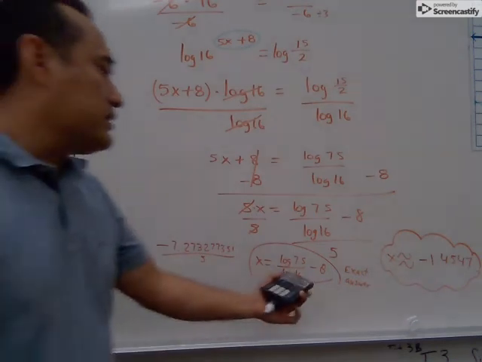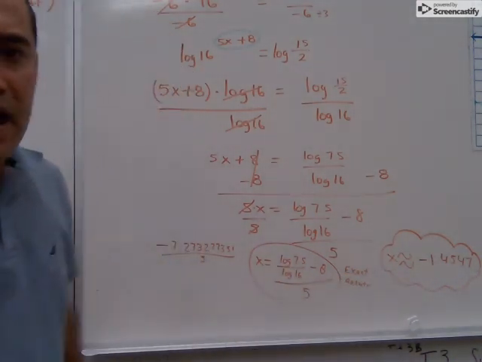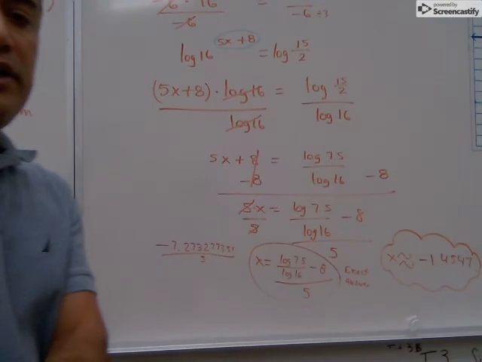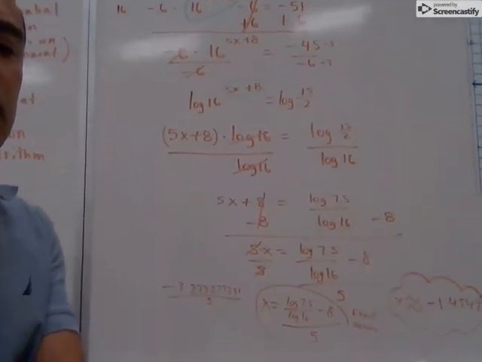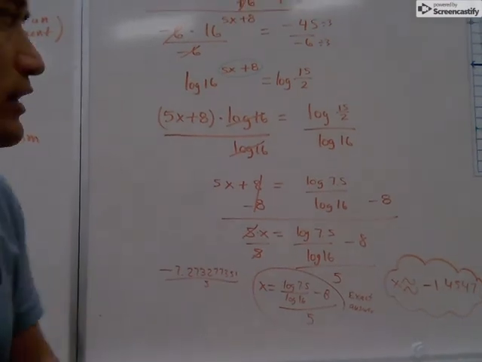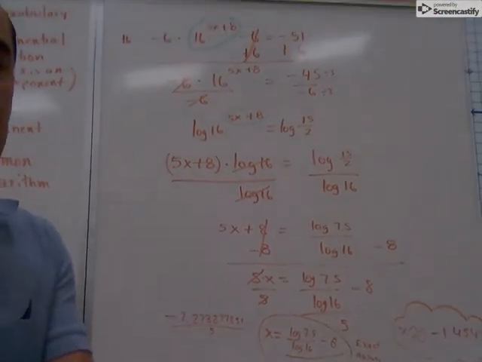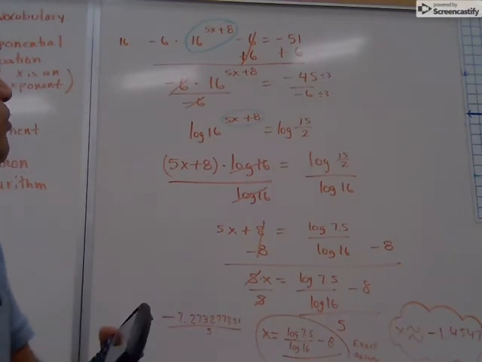Once more, we have the exact answer and we have the approximate answer to this particular equation that started with x as an exponent. And now we know what the exponent of x is, or should be, to make the left side